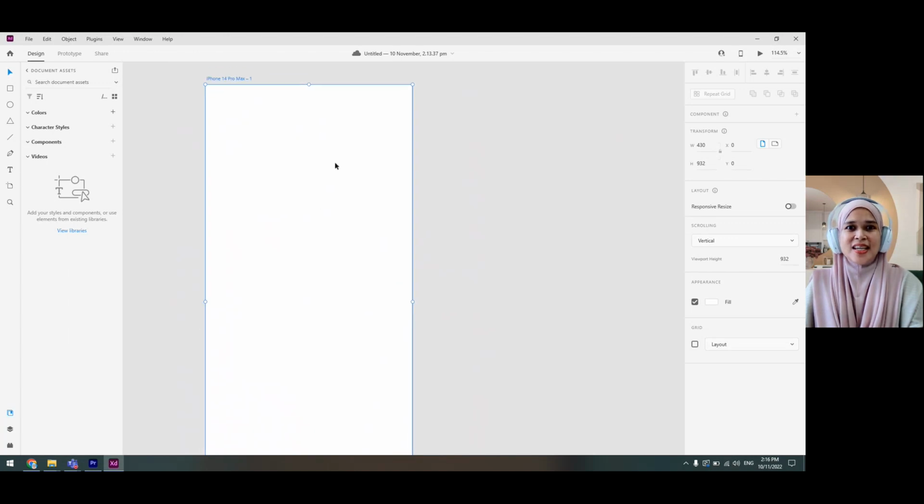In Adobe XD, you will notice there are 3 modes that you can choose to work for your app prototyping. Currently, I am in the first mode, which is design, and the second mode is known as prototype, and the third is the sharing mode. On the left corner here, you will notice there are a few tools that you can choose to work for